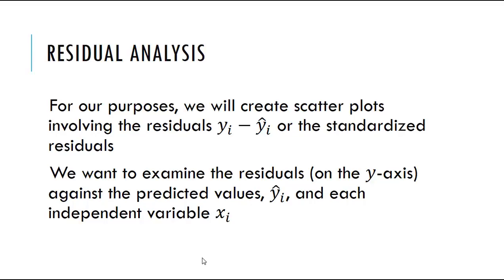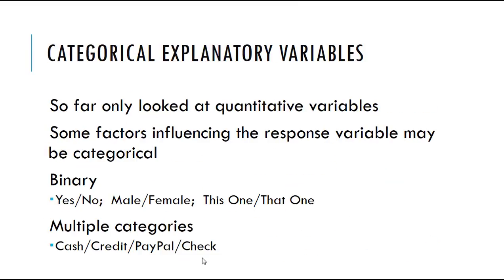And we want to plot them on the y-axis against a couple of different things. First, there is against the predicted value itself, and then there's also against the independent variables, whichever ones we're looking at. So if we want to do this for the alumni giving,